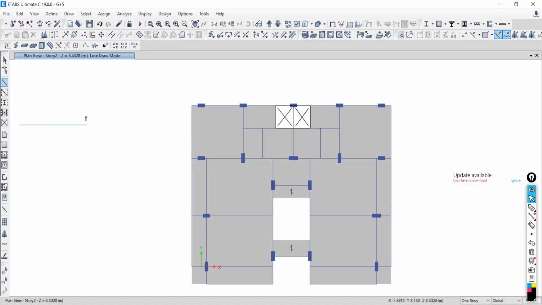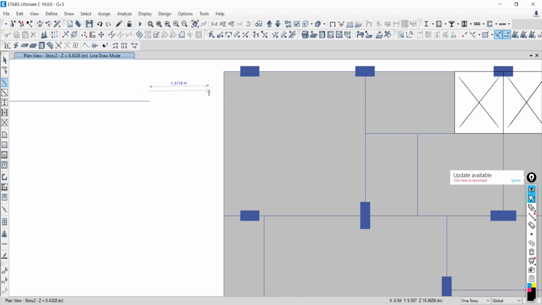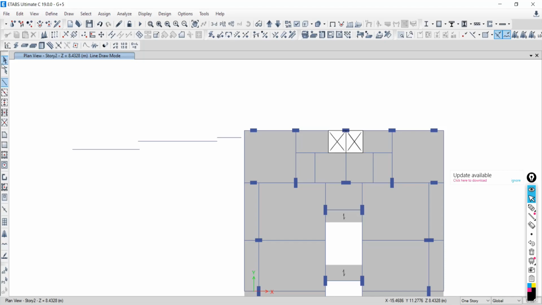Now click here, then here, then here like this. Now what is my intention? I want to keep all these beams in the same line along the same alignment. By mistake I have modeled them away from each other, and I want all these lines in the same alignment. So how can I do this?